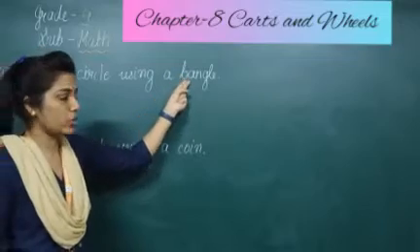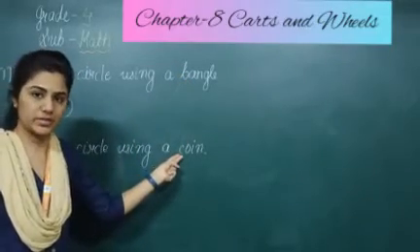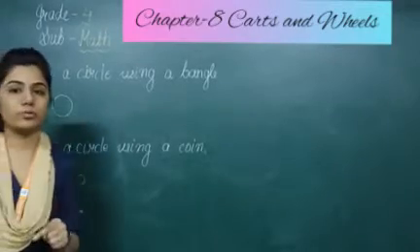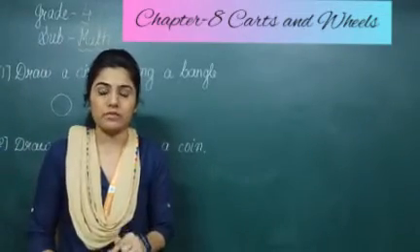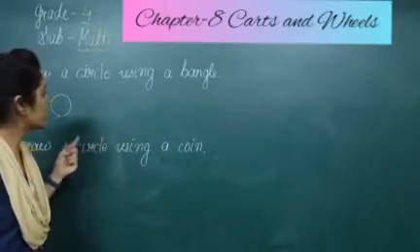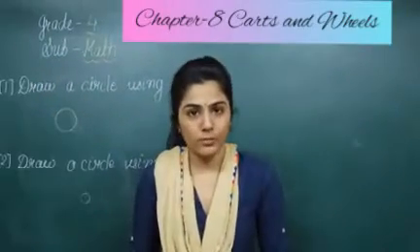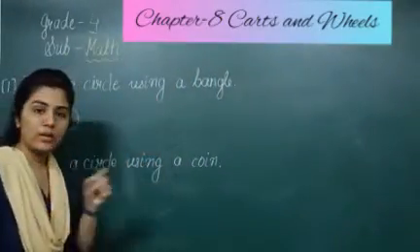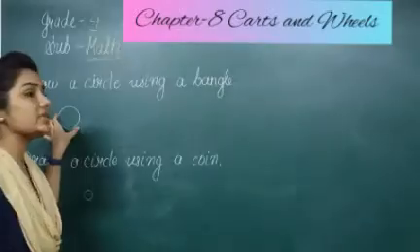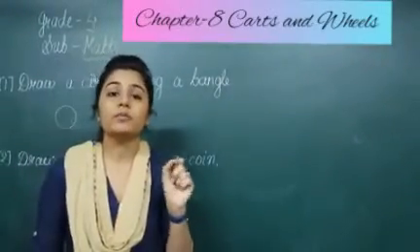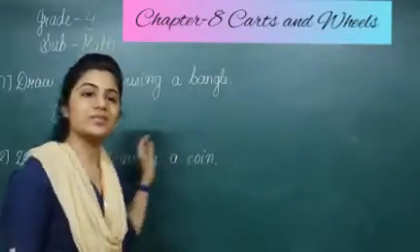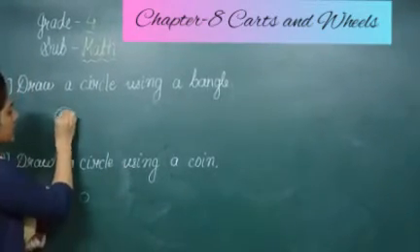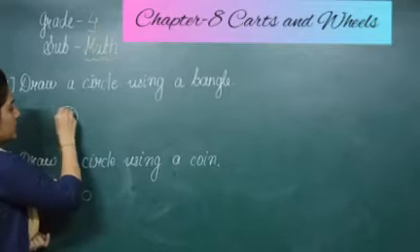Now, which is the best circle which we can draw with the different objects? Means we can draw with a bangle, we can draw with a coin, and we can color into it. In your workbook your first question is already given: color the circle. So in this question in your workbook we have drawn the circle, but downside one line is given that in the biggest circle you have to color it red, right? That means I am using this orange color, so you can color it with this orange color in this way.